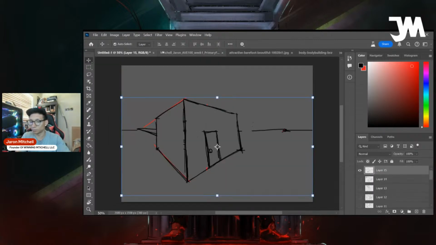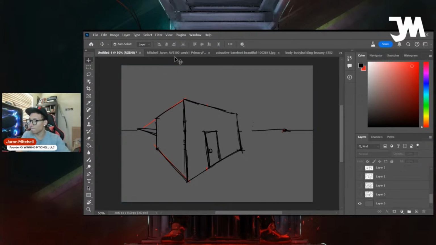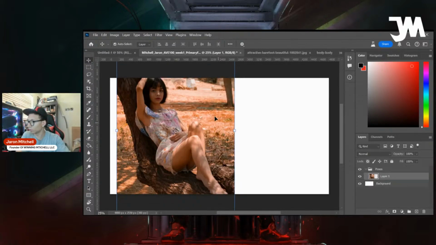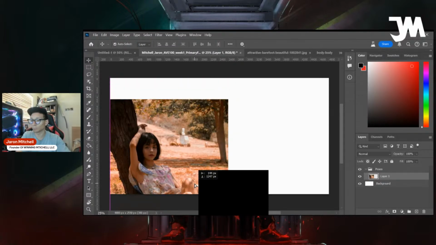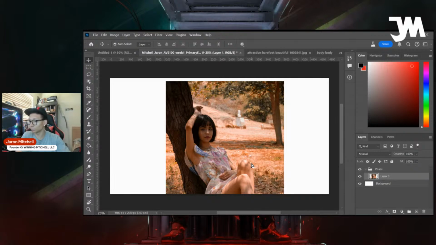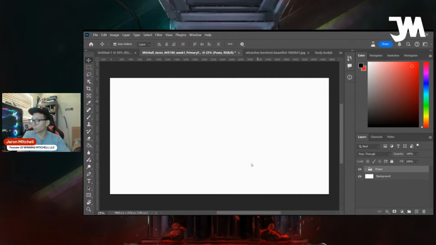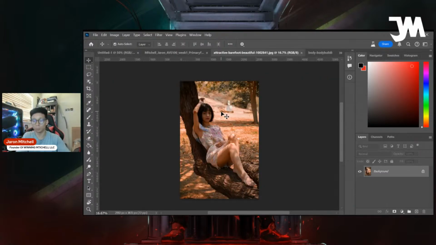So let's take that bodybuilder image and drag it into here first. Let me just find it here. I'm just going to drag it right into here. There we go. Now it's right in the center there, and then we can start editing it moving forward. It's going to come in like that. I'm just going to hit enter, and then if you want to be able to edit it a bit more,